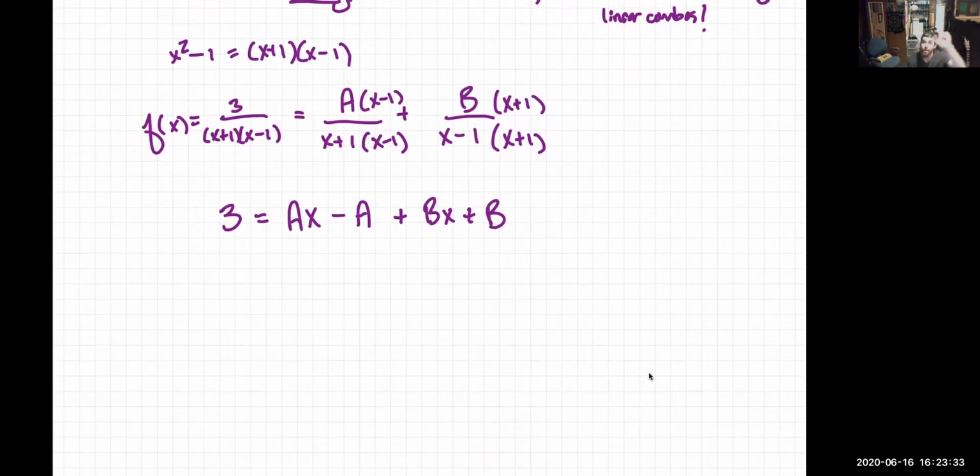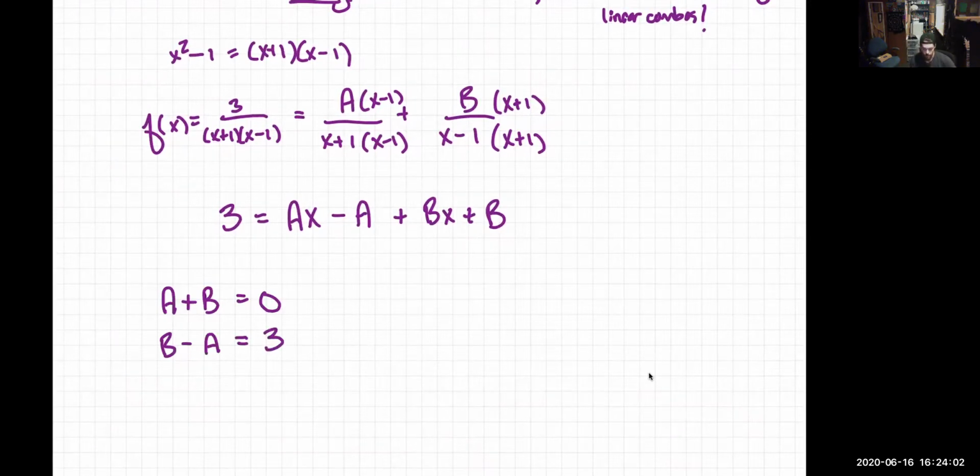So because I don't have any x terms on the left-hand side, that means the sum of ax and bx have to add to 0x. So that means a plus b has to equal 0. Because our constants are negative a and positive b, that means negative a plus b has to give us our constant on the left-hand side, which is 3. So this means that b minus a